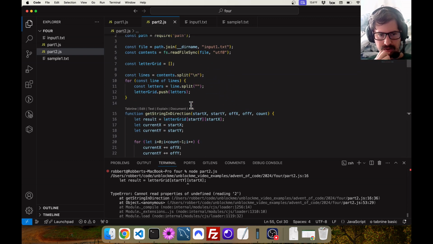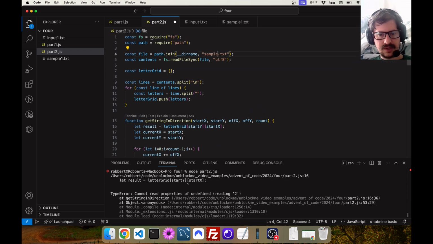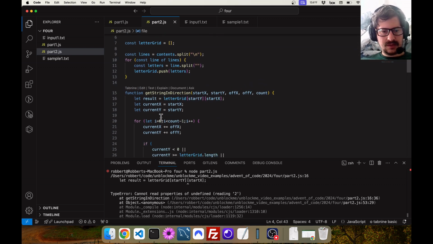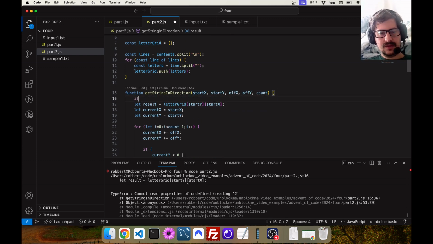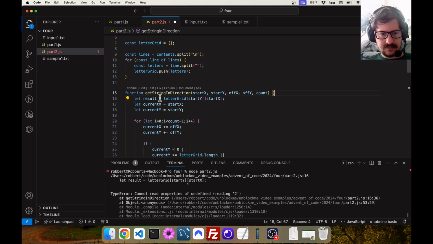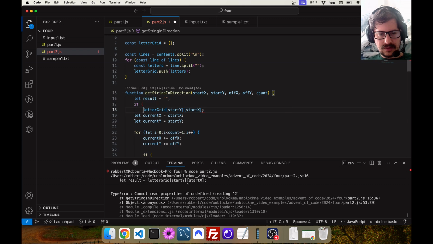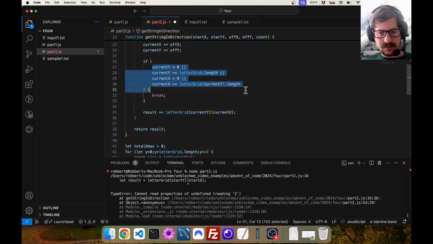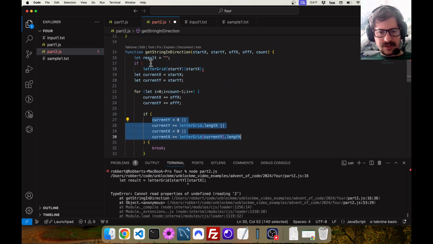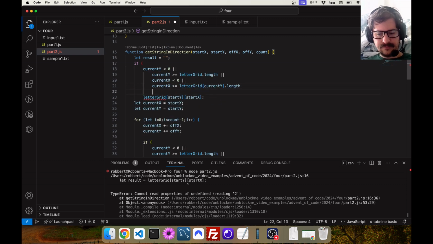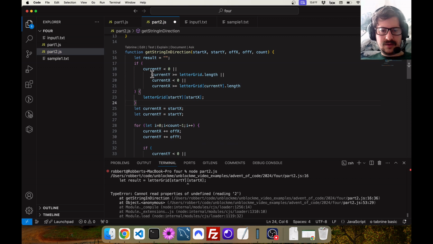16. You know what, let's do this on a sample. That's a little concerning. Oh, because that's already off the grid. Yep. So let's actually just do this entire check again here, because now my start can be off the grid as well. All right, if the start is off the grid, we're not much hope, but